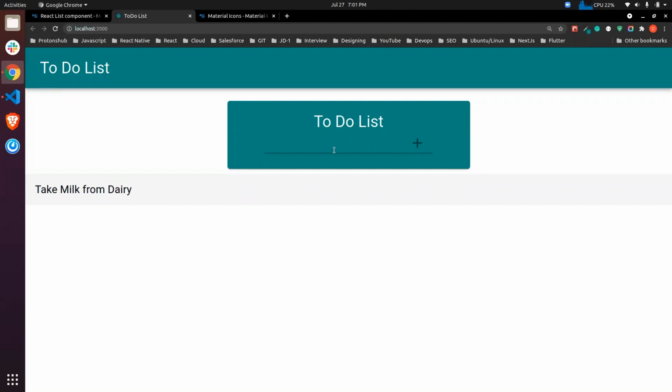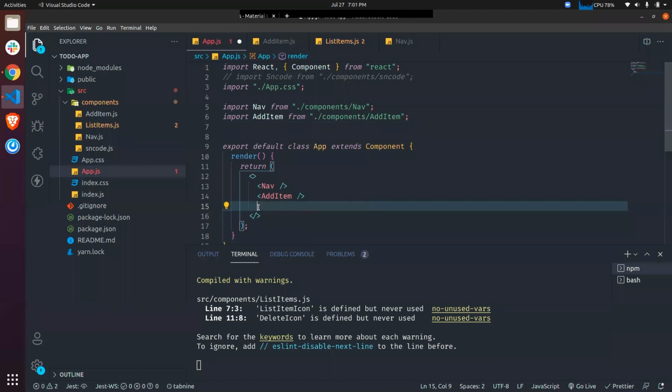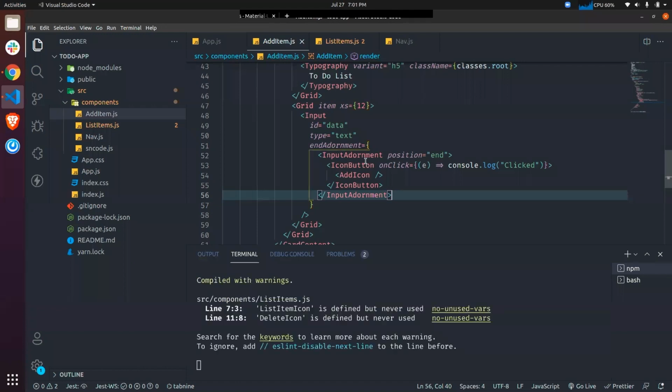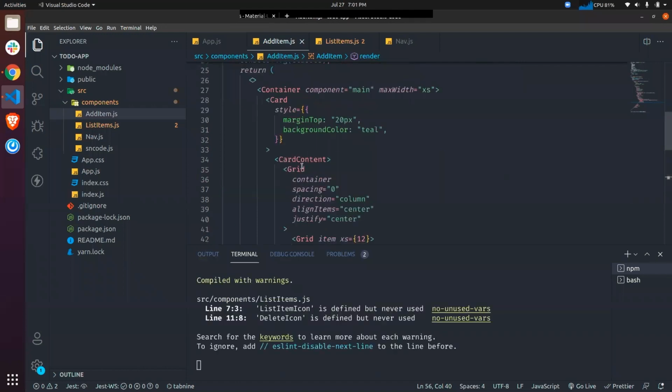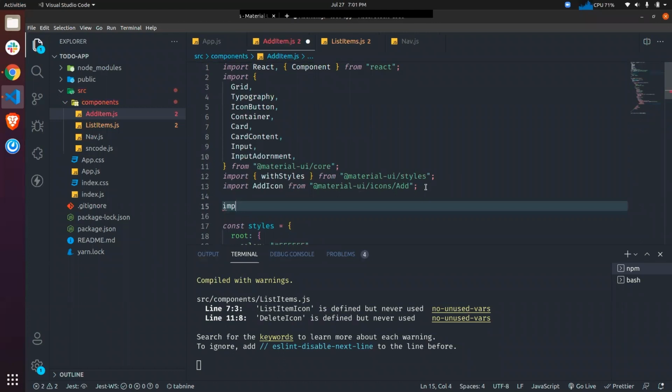So I guess we have imported it in the wrong place. We don't have to import it here in our app.js. We have to import it in our card. So this is our card, right? So we have to import it somewhere here. So let's import list items from ./list items.